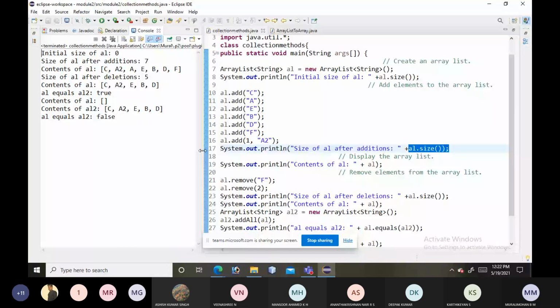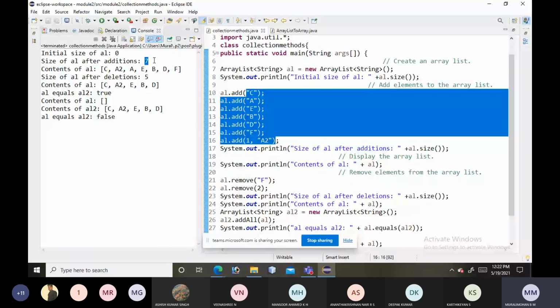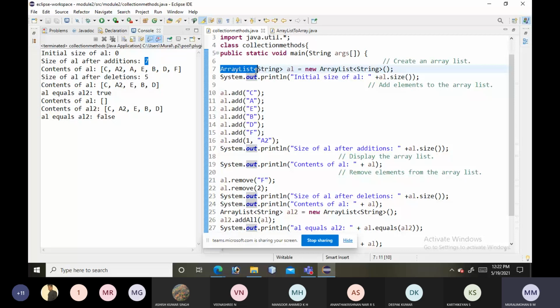So you see, automatically it is increasing the array size based on the elements we are adding. Now, can we come to a conclusion that this array list collection is dynamic, right? To support dynamic arrays, we can go for the array list collection class.